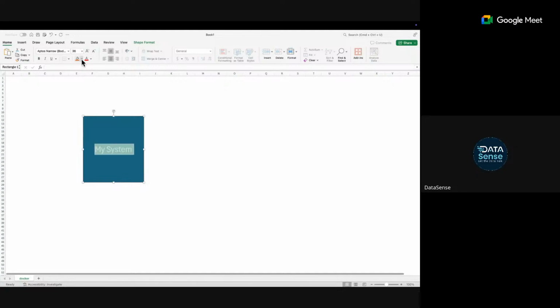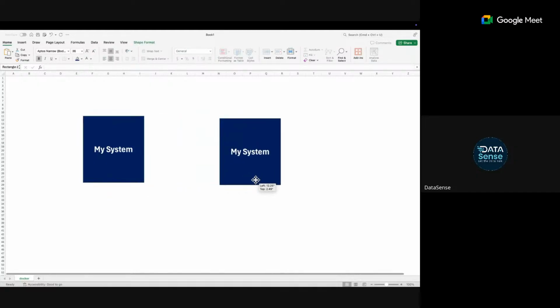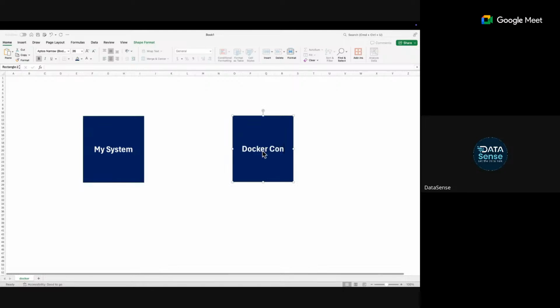And I am creating a Docker image, or you can say I'm creating a Docker image, then a Docker container, whatever I will say. Let's say I'm creating a Docker container right now.